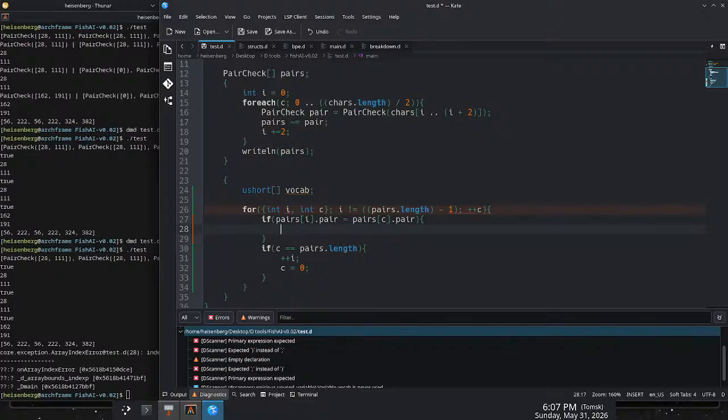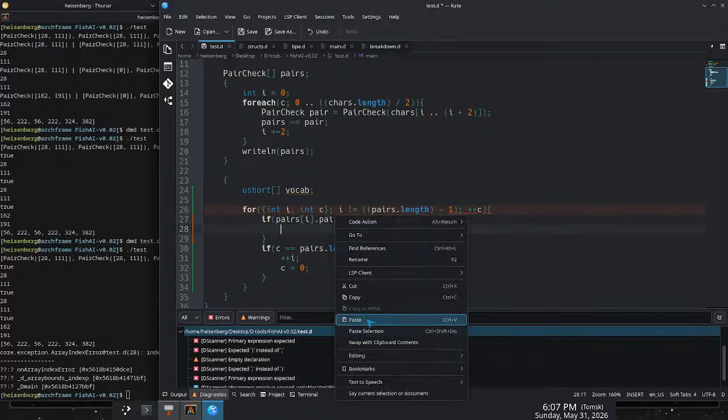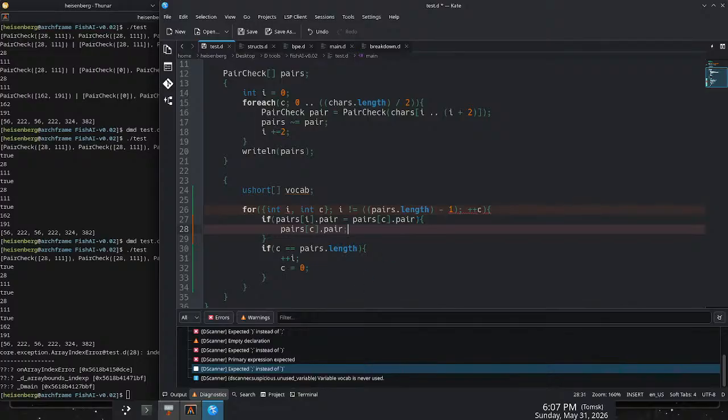Then execute this code where you set the pairs of C to that and run a for each loop for all of those. Pairs dot pair C